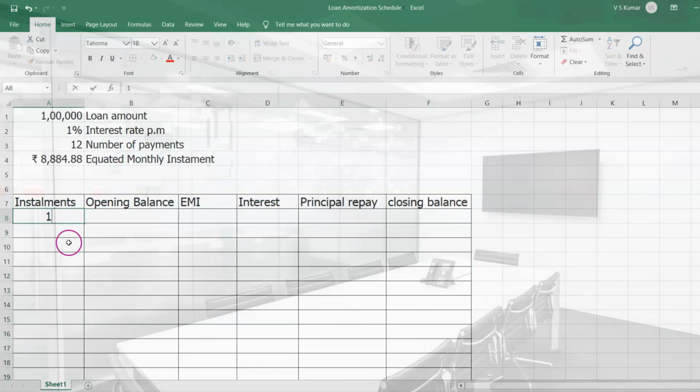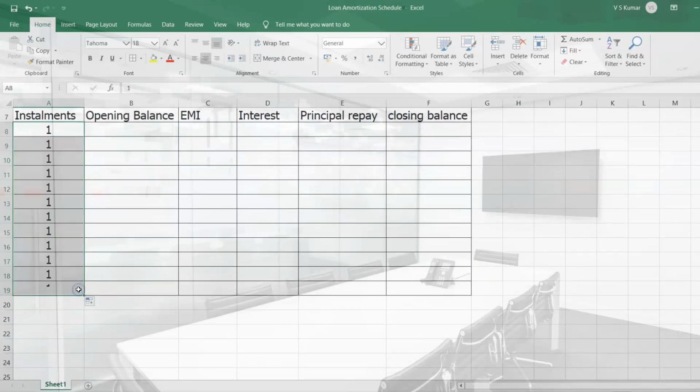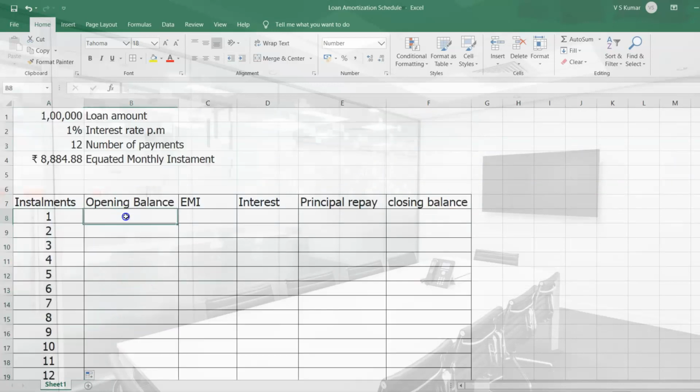So installments, 12 installments. So use fill series. So installments 12, and opening balance is the loan amount,